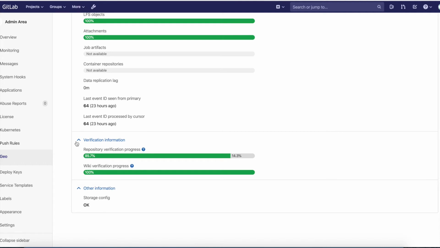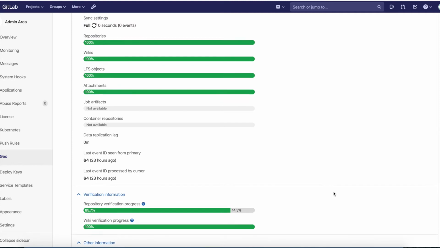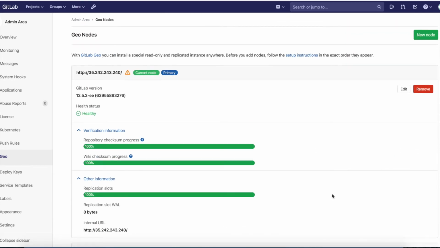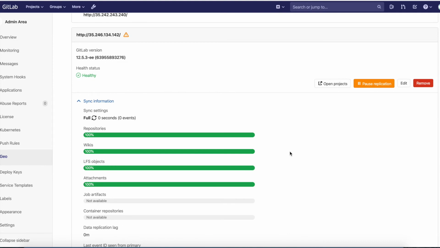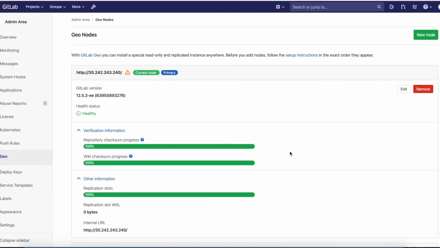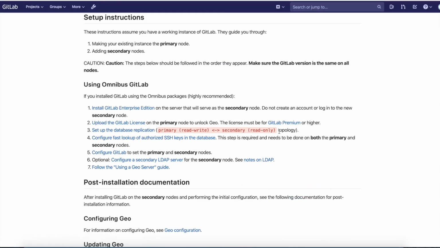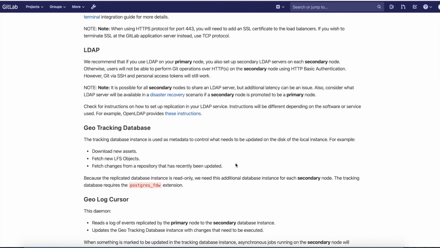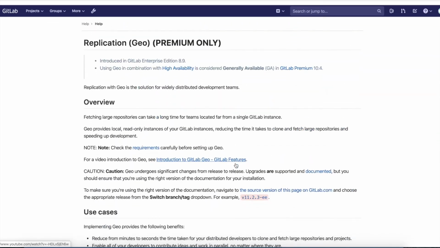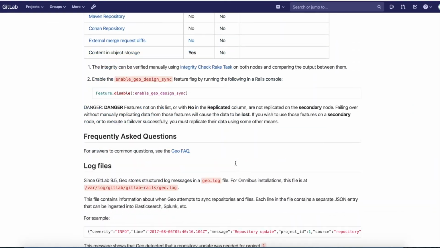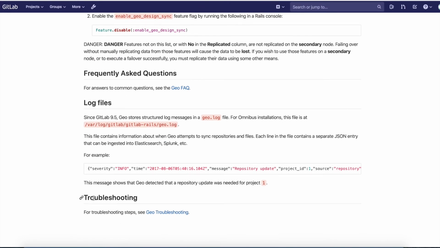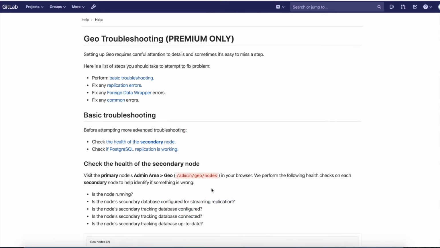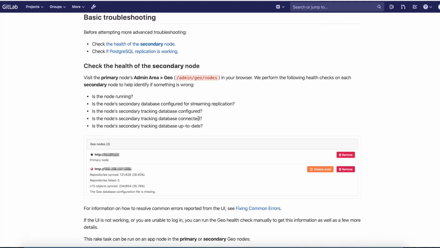And also, if it doesn't work, I think I need to find the instructions and then dive in, like which kind of command I should use. And thanks to this instruction link, anyway, I came to this Geo document, but I think it's more like an installation document. So I think I need to find another way. I think it's this, right? The Geo troubleshooting. So the basic troubleshooting,